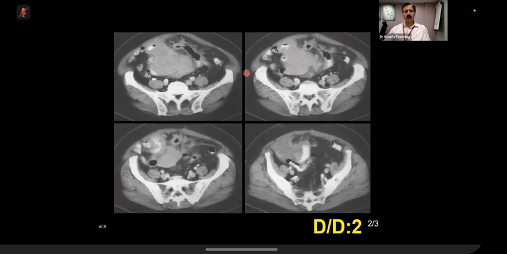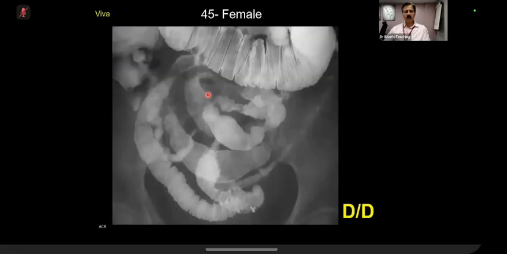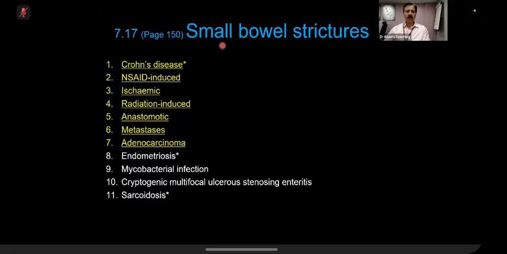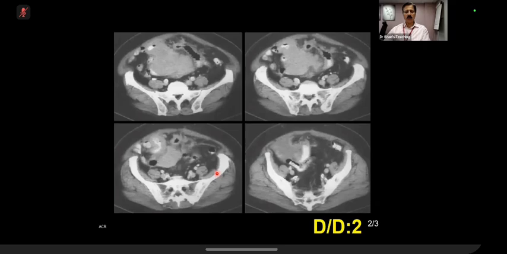Okay, so I'll take over. You see, this is lymphoma. Now, please remember that if you see thickened loops, long segment, and things like that, lymphoma is in the differential. Now, what is happening? The lymphoma is sitting in the mesentery, and from the mesentery it is going into the adjacent loops, and it will cause this thickening and all those things. Now, you did well where you wanted to rule out a carcinoid. But the point is that